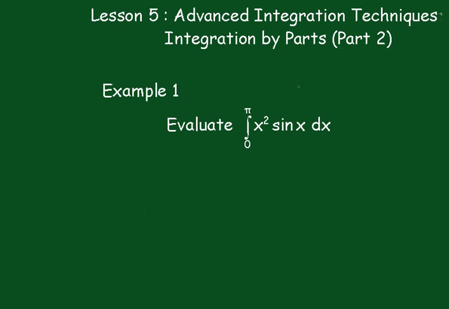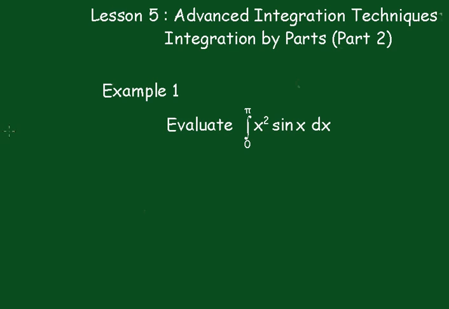Lesson 5, Advanced Integration Techniques, Integration by Parts, Part 2. Example 1. Evaluate the integral between pi and 0 of x squared sine x dx. Now this is a bit more involved, because it comes in two parts. So we'll set up the